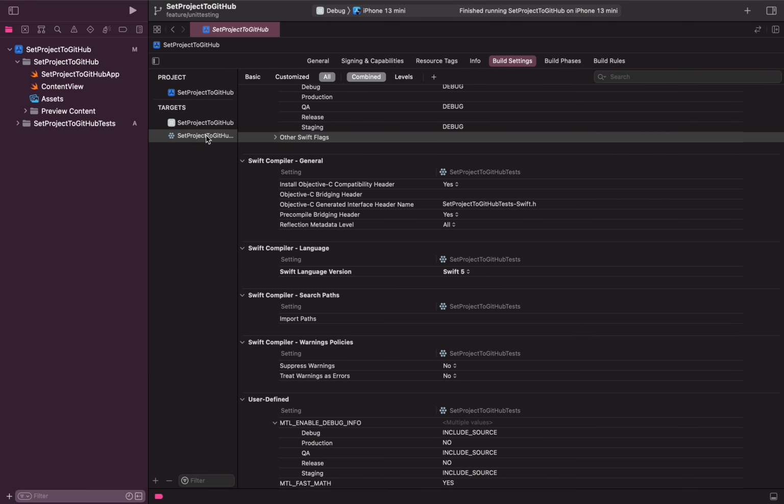You can see the new target has been added, and in the project navigator panel as well you may find this new folder, which is the project name and Tests. So this is the name. Just click on the little arrow here and expand it. You will find one default file for testing. So this is how we generally add it.